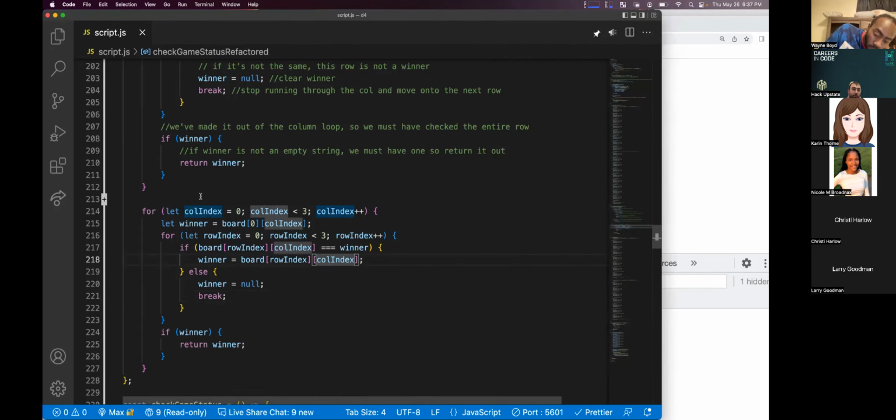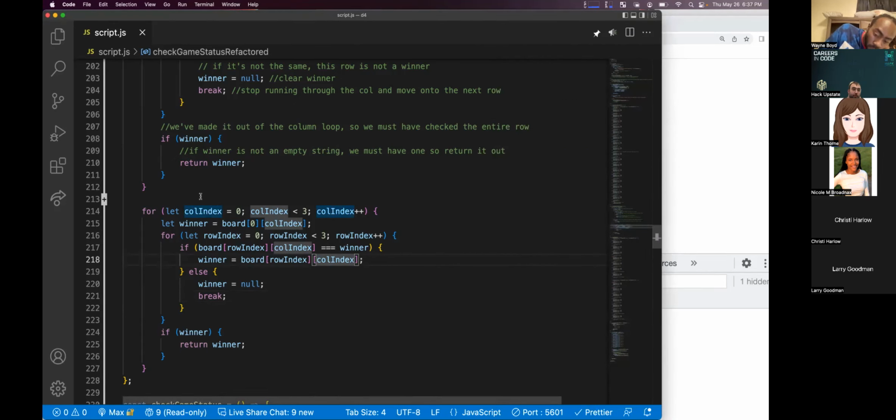Winner is assigned the value of row 0 in the column index. That's where it gets tricky, because you're not looking at the index in the row bar, but you're thinking of it as the column. You're thinking of this 0 as the top of the column. Right. Okay.